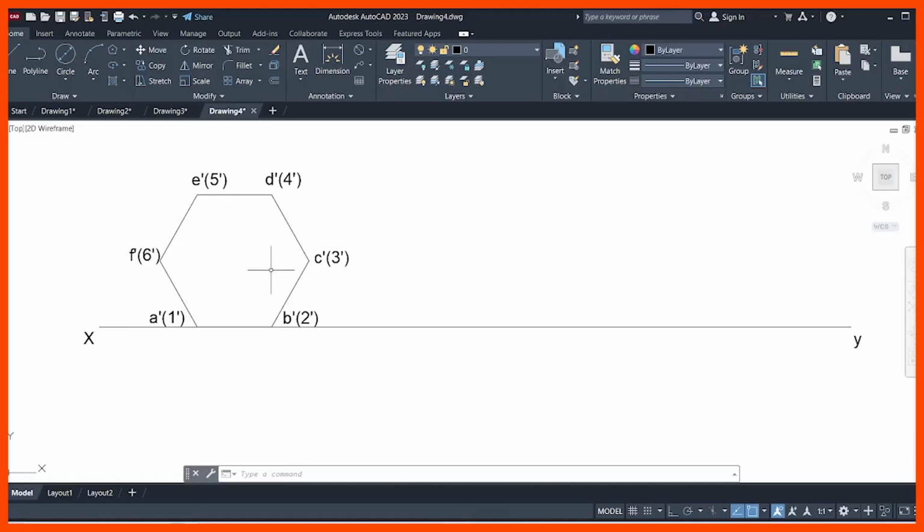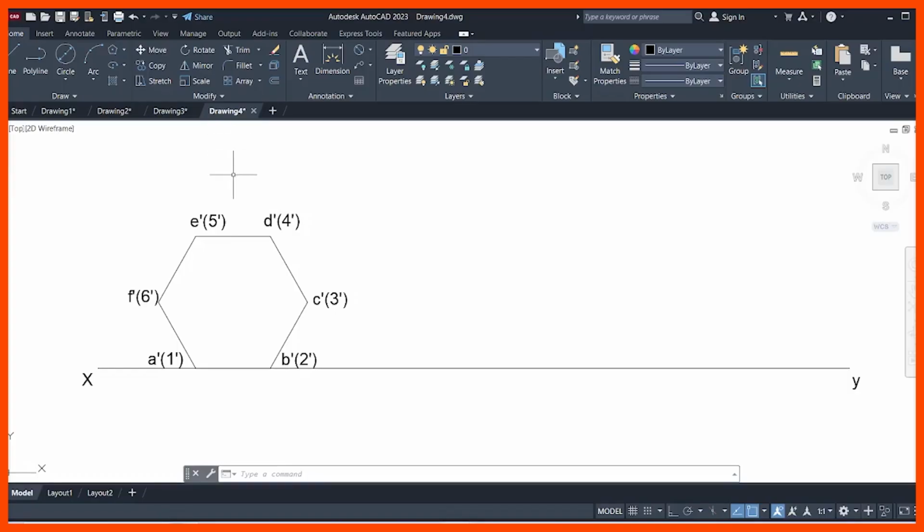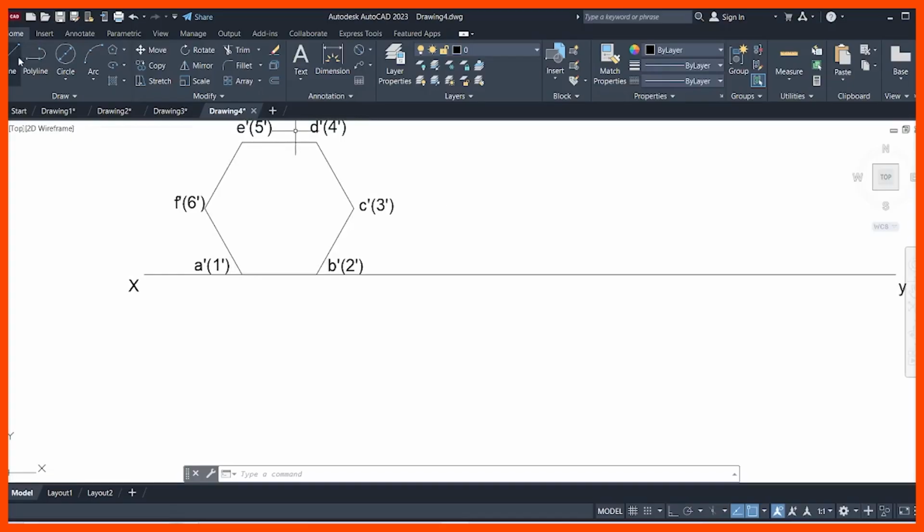In top view, how does it appear? In top view, it appears like a total of 6 rectangular faces are there. So, out of these 6 rectangular faces, 4 rectangular faces are visible. If you see the top view in this direction, okay, if you see the top view in this position, so these 3 rectangular faces are visible, that is FE, ED and DC edge rectangular faces are visible. So, take the line command and take the projection lines,